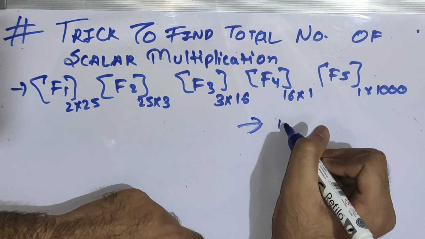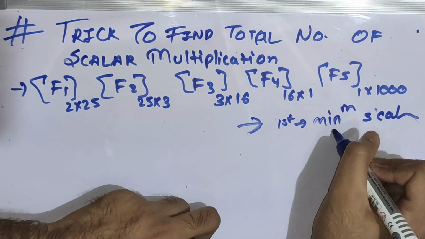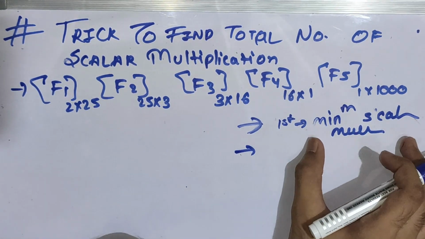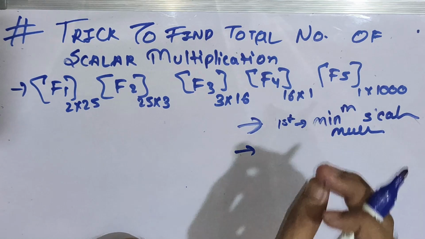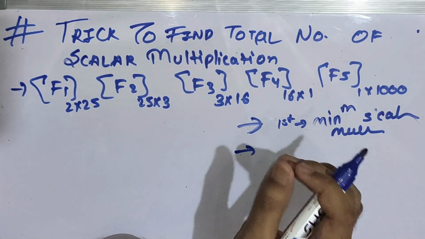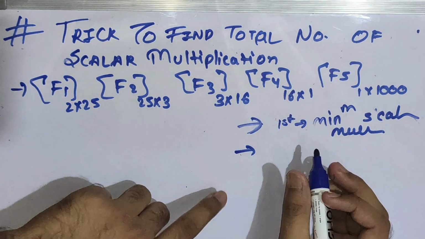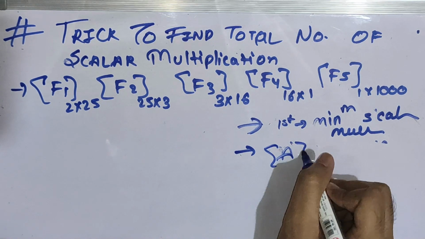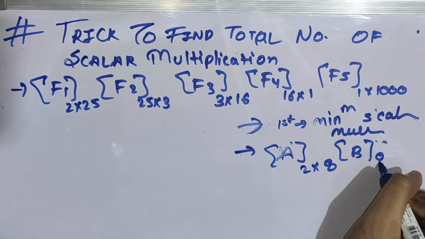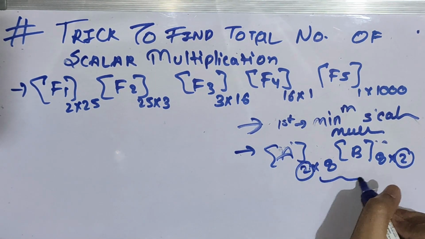Okay, so first step is minimum scalar multiplication, right? And in case you get the scalar multiplication for all the matrices the same, then you have to find the two matrices with minimum product of rows and columns. Basically what I am saying is, suppose you have this A matrix 2 cross 8 and B is a matrix of 8 cross 2, then you have to find the matrix multiplication with less product of these rows and